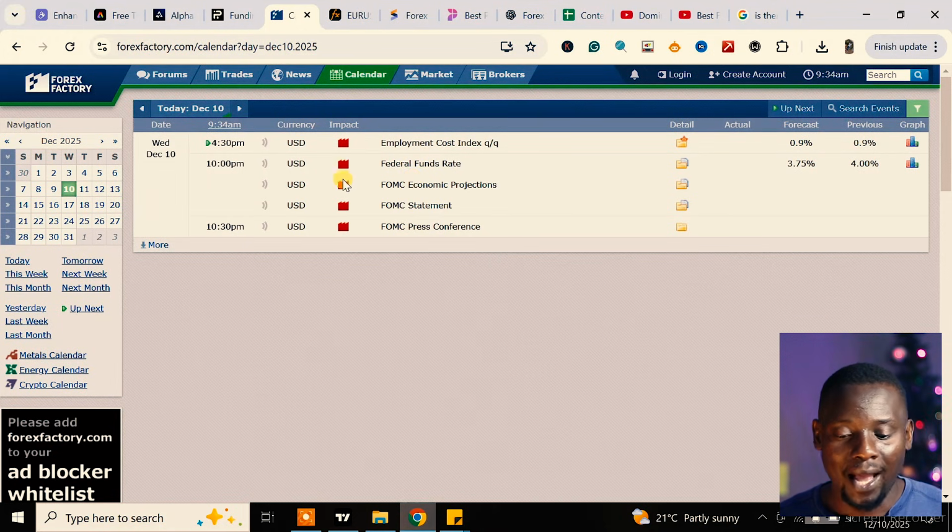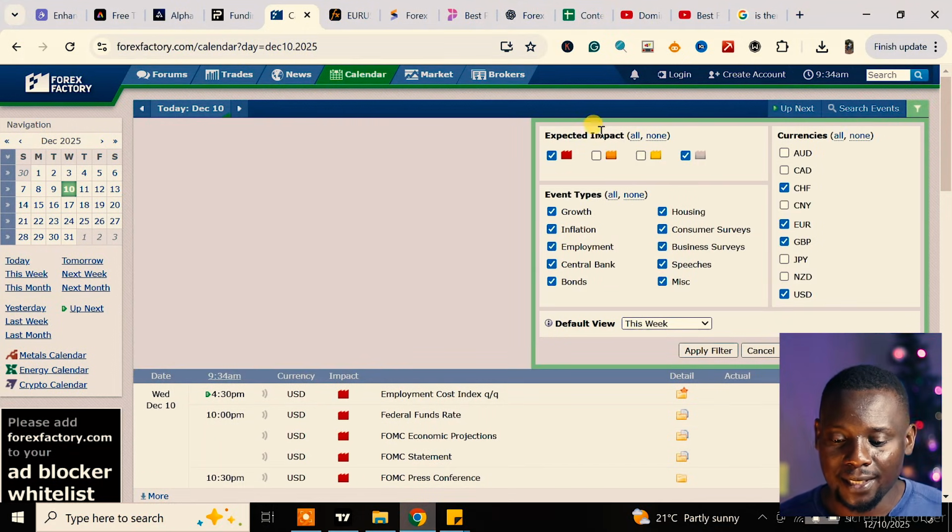Now for me, how I did it, I filtered it to only show me the high impact news. You can go ahead and do that by coming here. There's this funnel right here where you can select exactly what you want. So for me, when it comes to impact, I only go with the red folder news events. These are the high impact news events. Of course, I leave all these event types on, and then I select the currencies that I'm interested in. In this case, I want to see the Swiss franc, the euro, the Great British pound, and the United States dollar. Once you've filtered and selected everything you're interested in, you click apply right here,